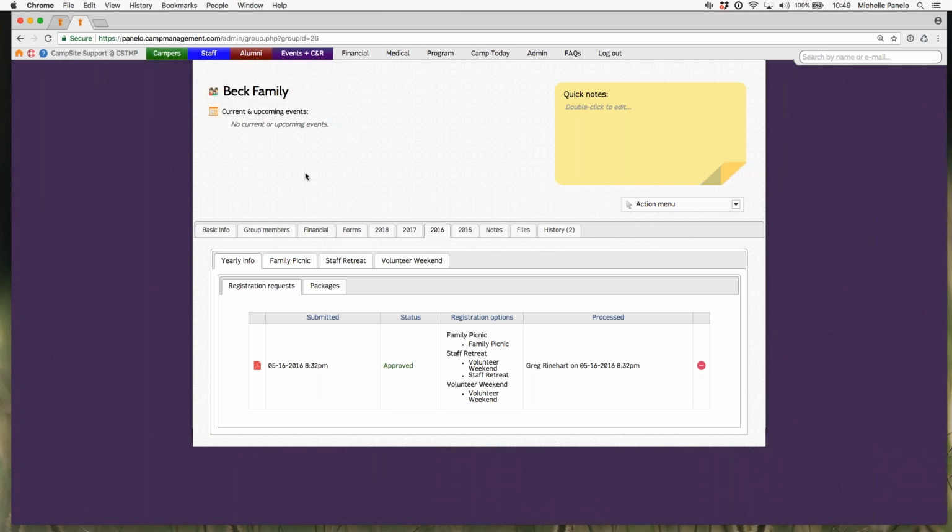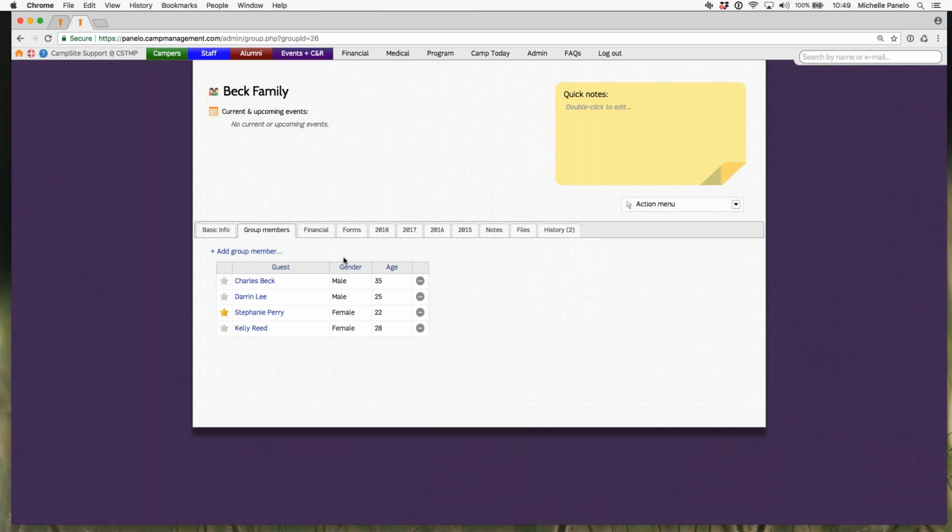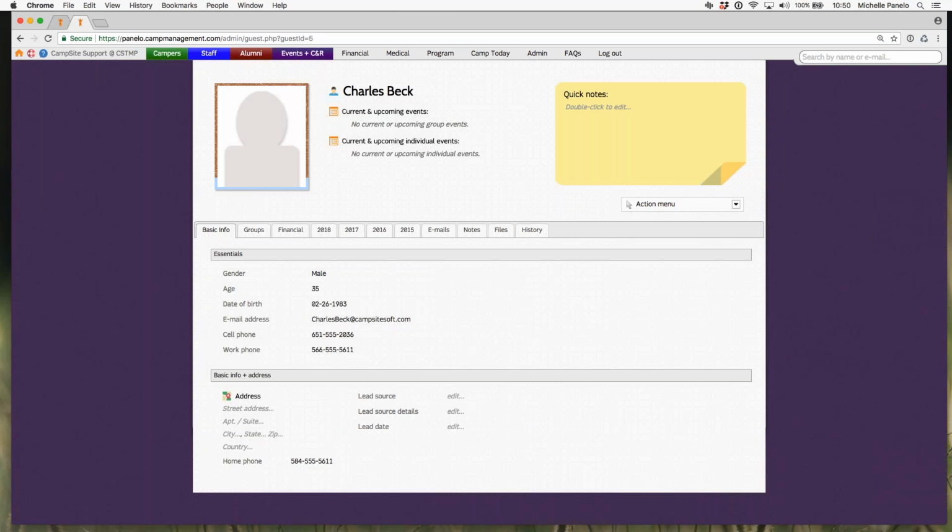So that's the family profile if they created one. And then if I go to group members, if I wanted to view the individual guest profile, I would simply click on the name of that guest. So a guest can actually